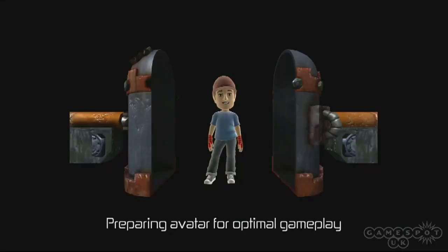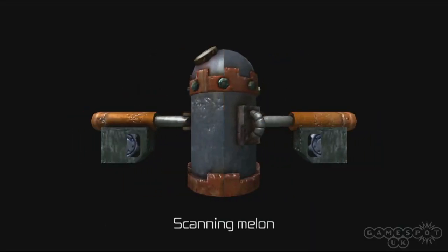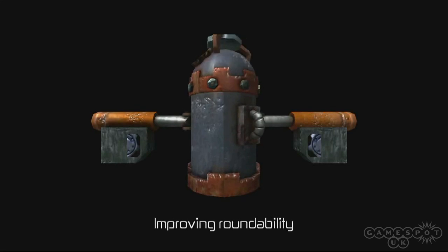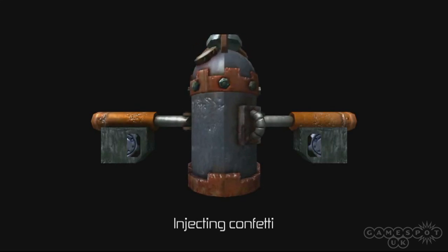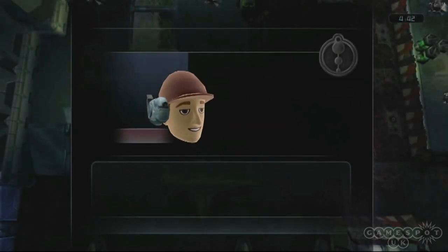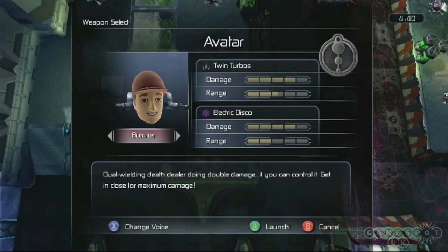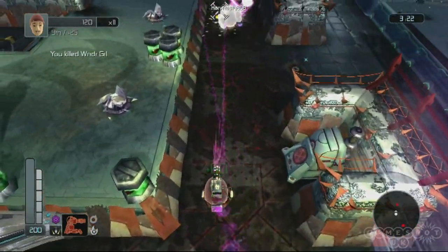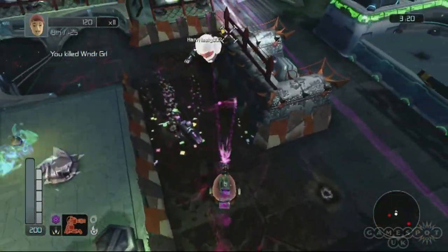The Avatar mode uses your Xbox Live avatar and turns it into a Madball, allowing you to face off against other avatars online. This is a first for Xbox Live, and one of the reasons why Microsoft came on board with the game in the first place, although it should be noted that your avatar doesn't shed blood when it gets shot at, it bleeds confetti instead. What's more, the more kills you get, the bigger your head becomes in the game, making you a more obvious